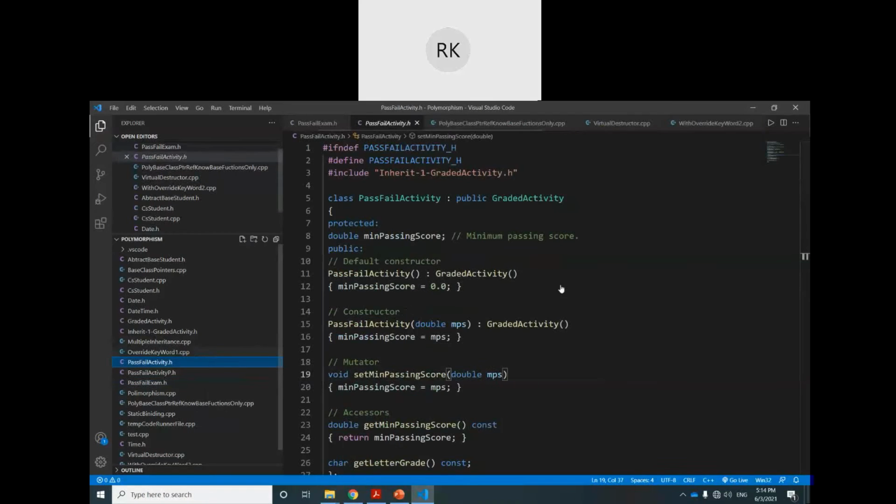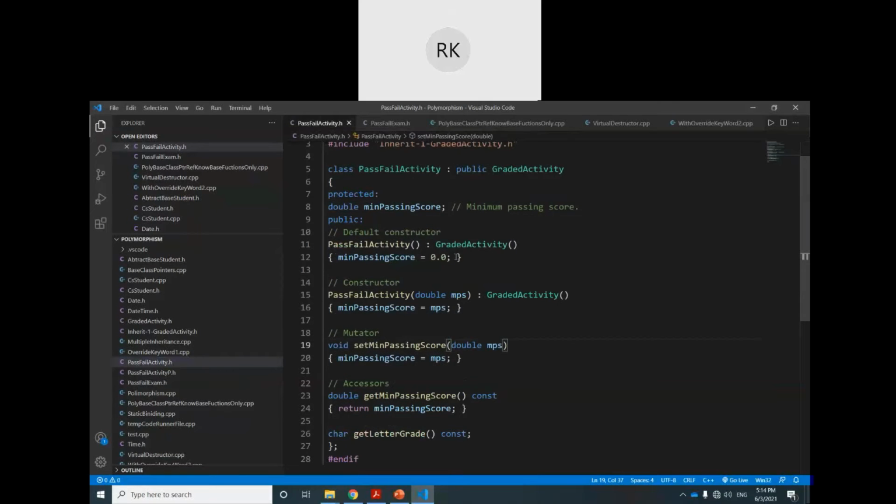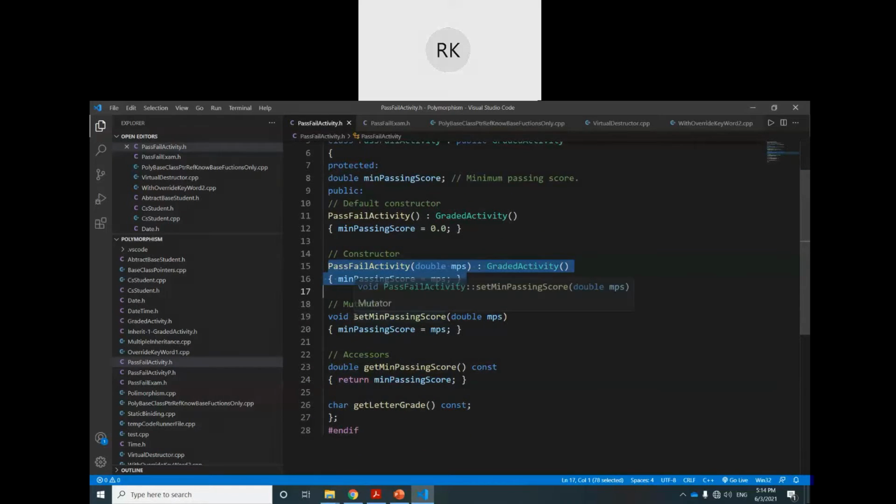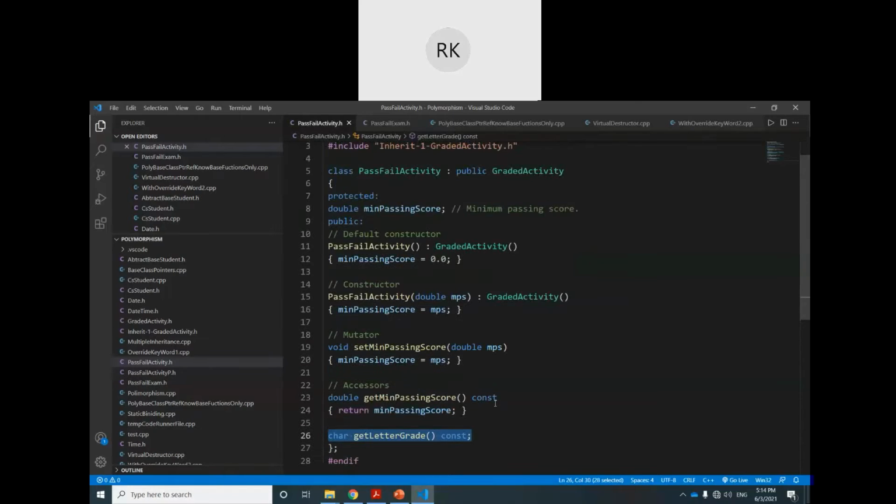Now you see the structure is like this: pass fail activity is first one class. It has a minimum passing score, a default constructor, an overloaded constructor, a set minimum passing score function, a get minimum passing score function, and a get letter grade function.